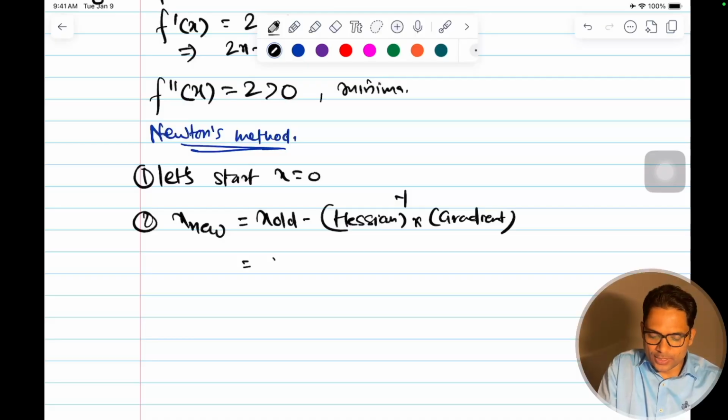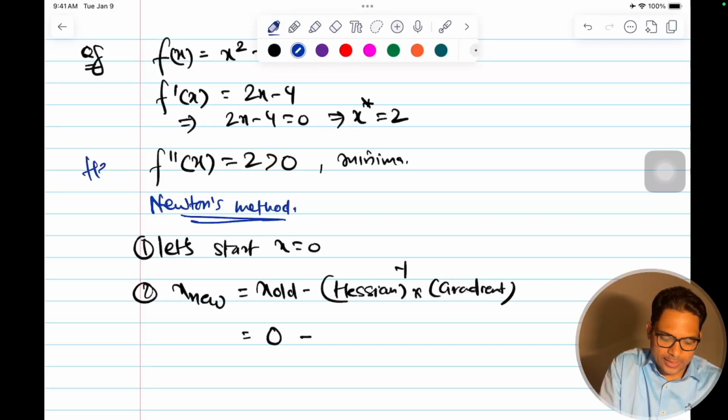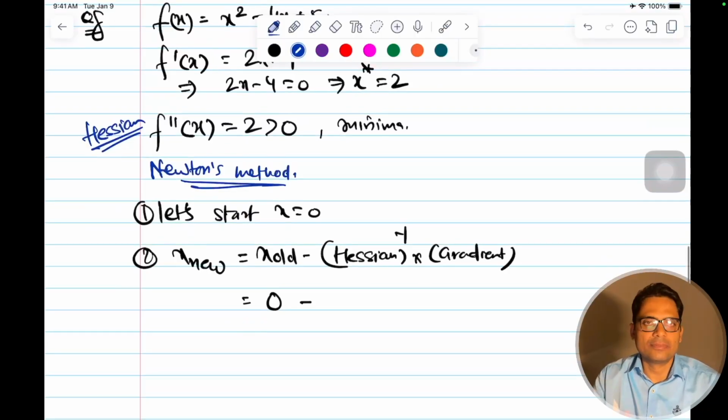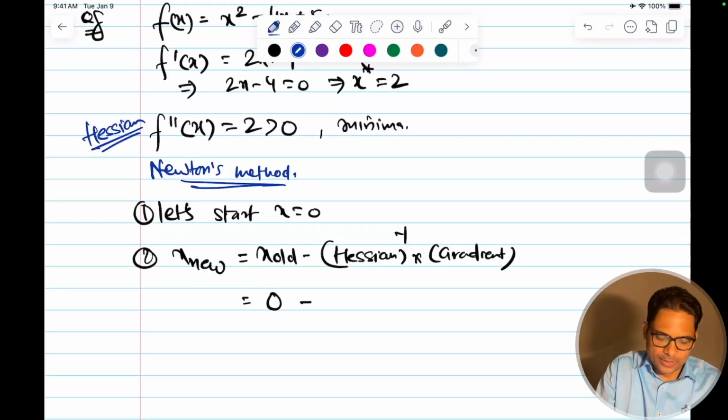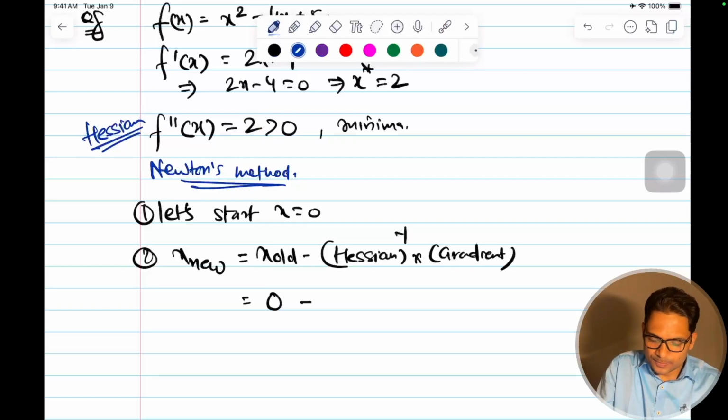This is equal to x old, which is 0. What is your Hessian? That is your second derivative. This is nothing but your Hessian, equivalent to the Hessian if I am writing in Hessian terms. The Hessian is for multivariate, but just for the definition's sake, we can write it in an oversimplified way. If this is your Hessian, its inverse will be the reciprocal of that in number terms, 1 by 2, into